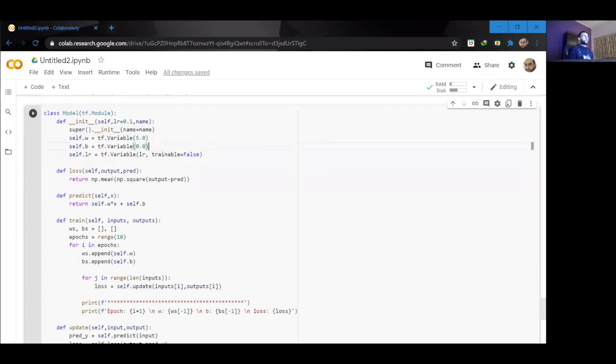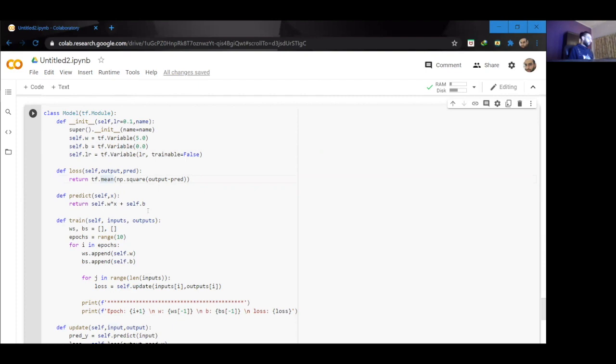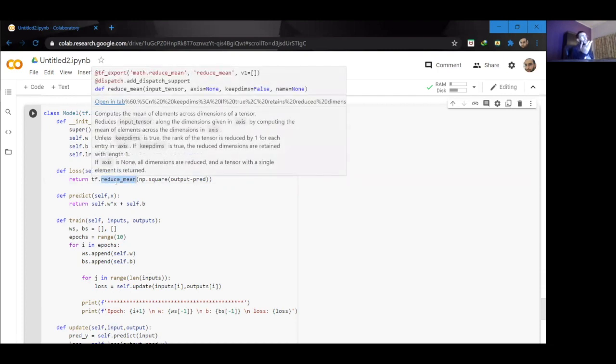Okay, so the next thing we need to do is convert these into TensorFlow functions instead of using the NumPy functions. So I'm going to say tf.reduce_mean, and reduce_mean takes the mean of all the values inside a single matrix and reduces them into a single value.